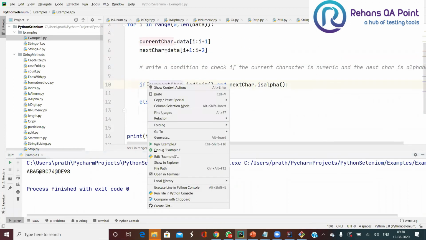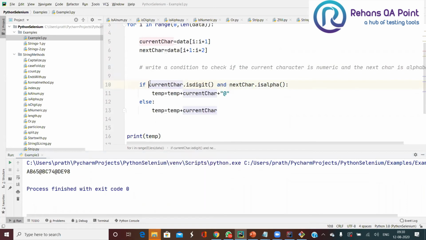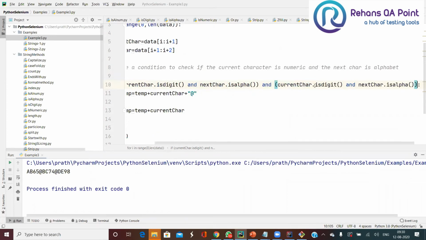So now what I'll do is make this one a group of conditions, and on top of that I'm going to write my or condition. I'll keep the same thing here, but I'll change it.